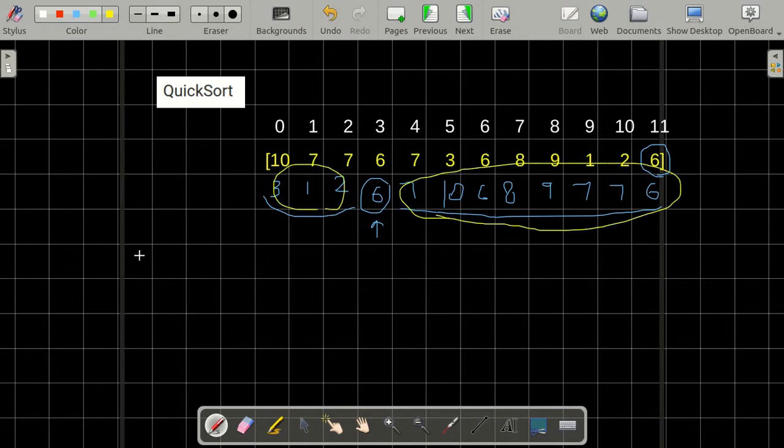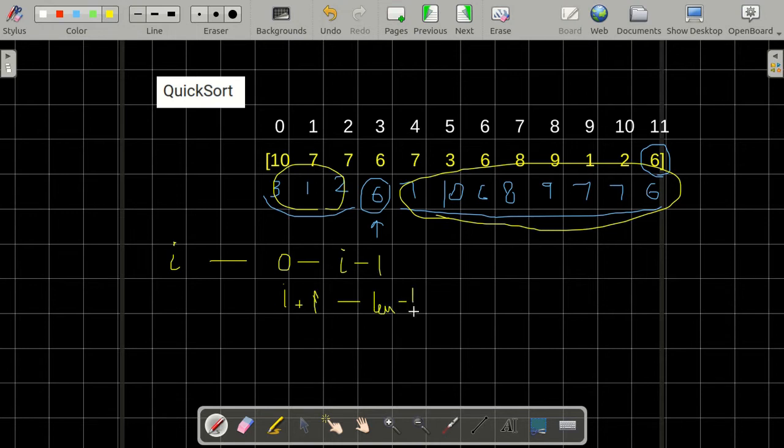So if I get my pivot as I, which is the index at which the correct element has been placed, I am going to call another quicksort function which will first call from 0 to I minus 1, and the other quicksort recursive function is going to call from I plus 1 to length minus 1.